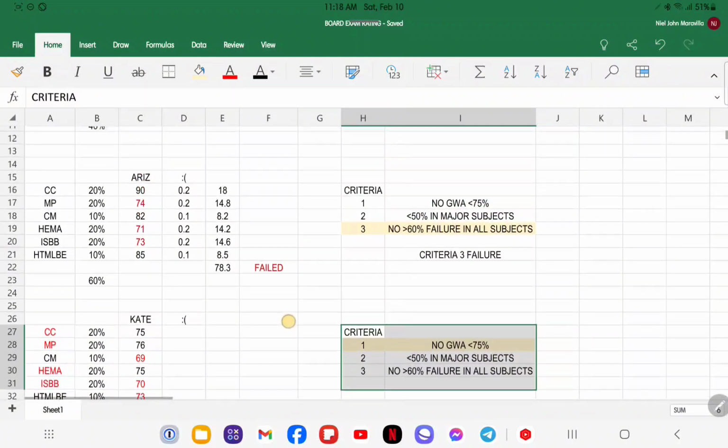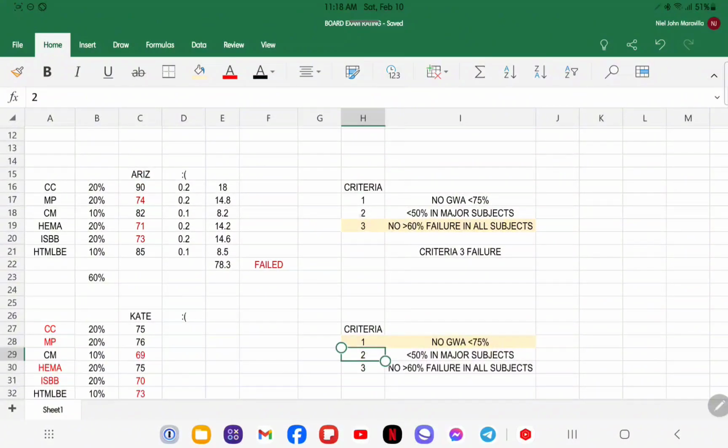So, ang criteria number 2, guys, no? Actually, for me, ang una ko tinitingnan talaga is criteria number 2. If makita ko agad na sa major subject niya 49%, matik na yun, that is a criteria number 2 failure. But, do you still need to compute for the GWA? Yes po. Why so? Because there are some instances na multiple criteria ang failure niya. Failure na siya sa criteria 2, failure pa sa number 3, or all criteria kaya bagsak siya. May mga ganun talaga na cases, guys.